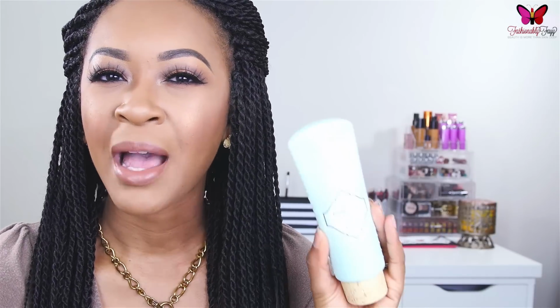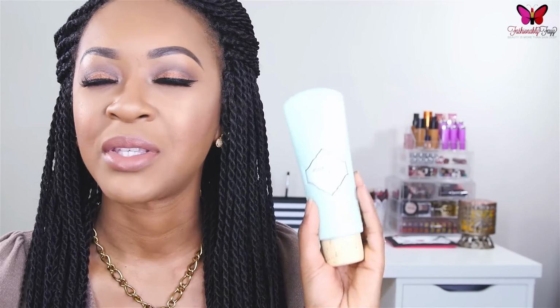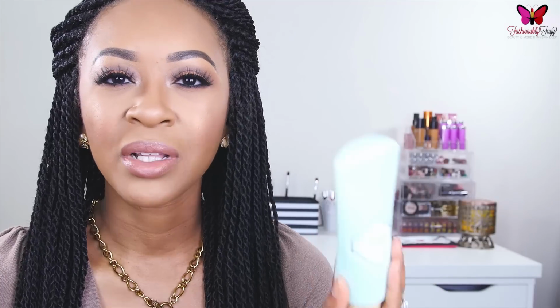So I guess we can go ahead and start off with skincare just to get it out of the way, because I know most of you guys are here to check out the makeup products. So the first product that I want to share with you guys is this product from Benefit. I feel like I may have talked about this before, but I wanted to share it again because I just repurchased a new bottle of this and I'm still as obsessed with it as I was the last time that I mentioned it. This is the Benefit Cleanse Foamingly Clean Facial Wash, and I really love this product because it's